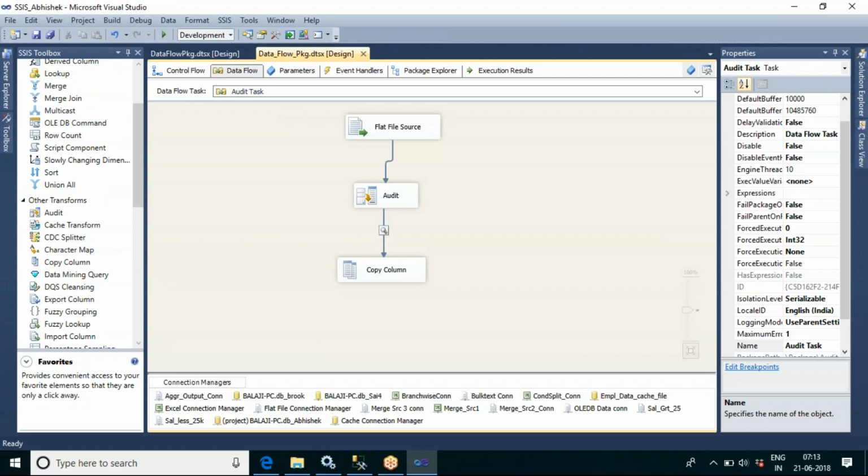So whatever details you have changed, you can see those changes here.